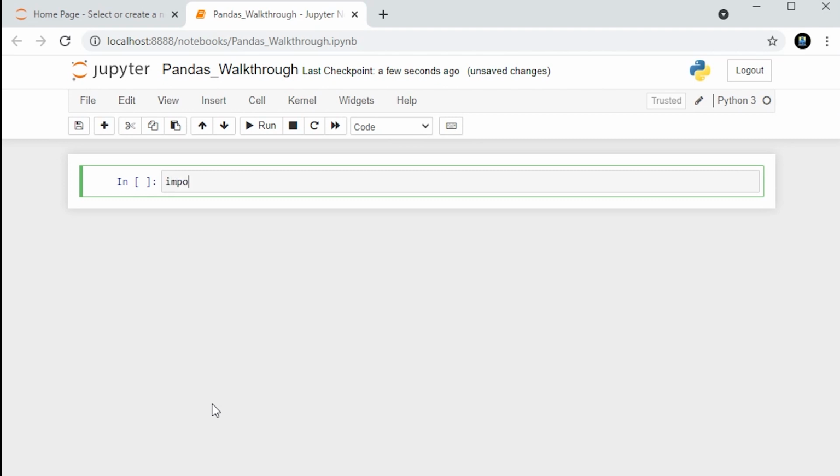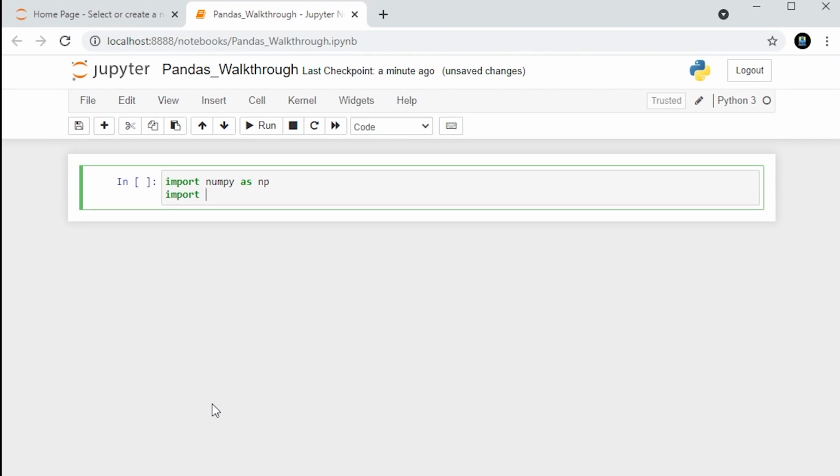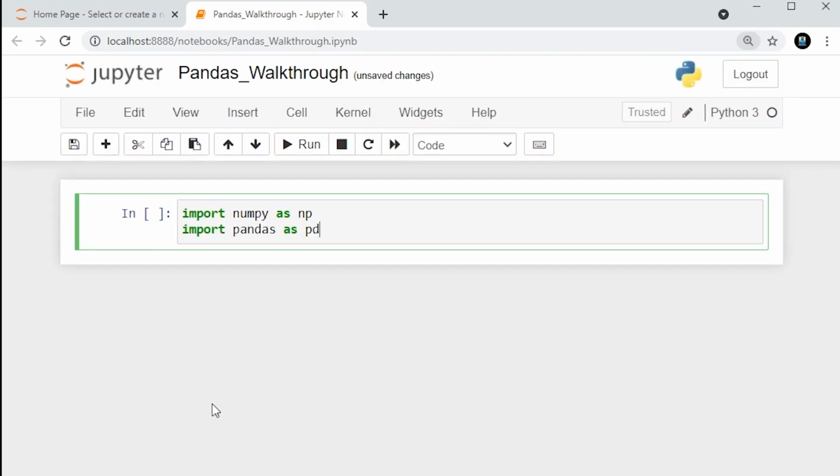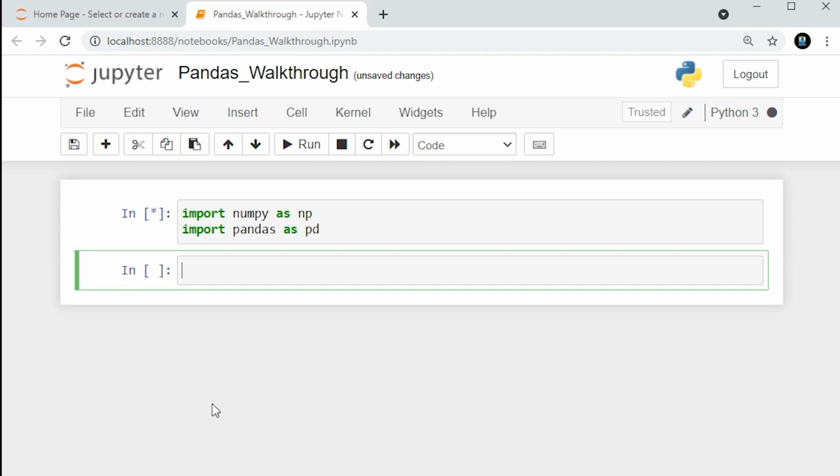First, let us start by importing NumPy, because we are going to require it to make a set of random values and everything. After that I'll say import pandas as pd. Why pd? That is the naming convention that has been given. Let me just zoom this up a bit. To run this cell, I'll press Shift+Enter. If you don't know Jupyter, I'll post a link in the description box below. You can go through it.